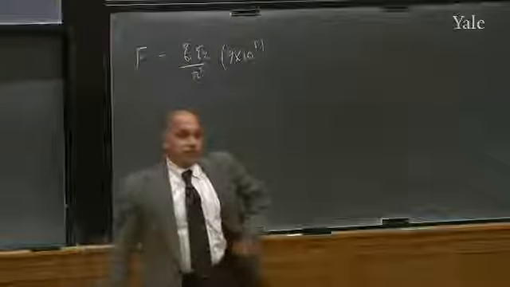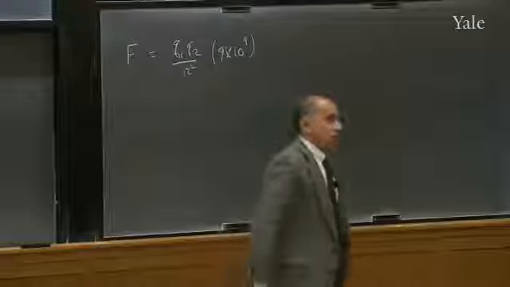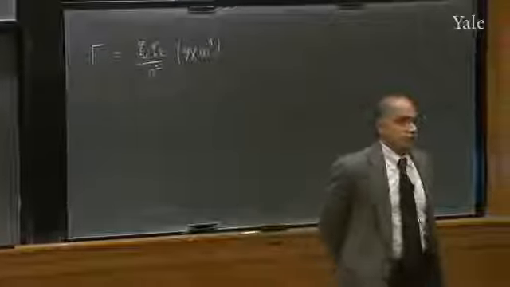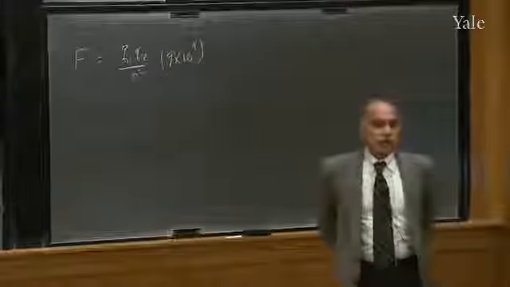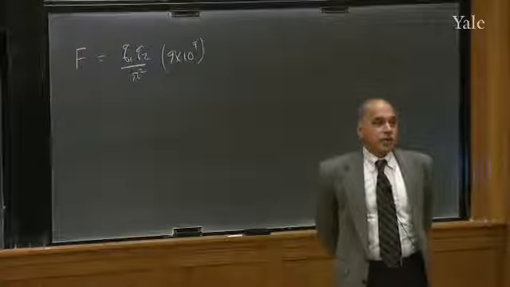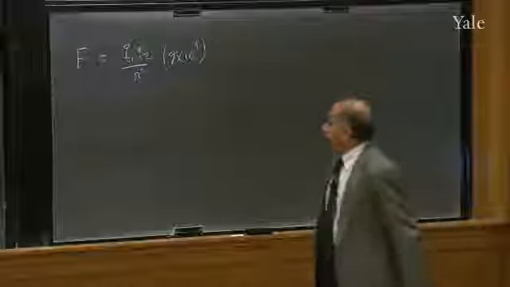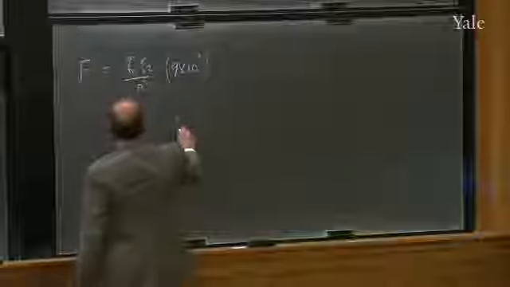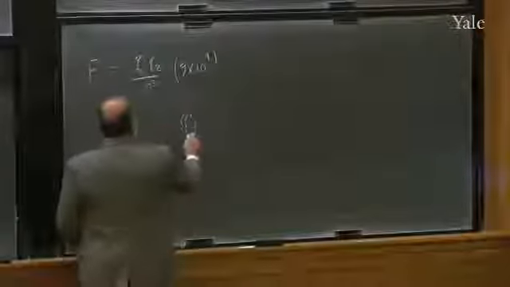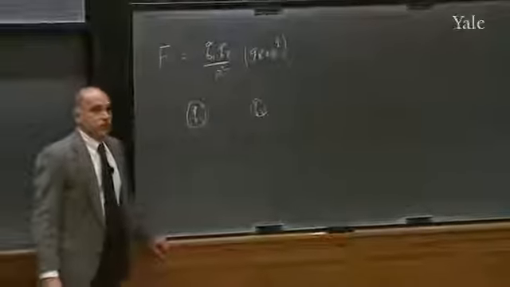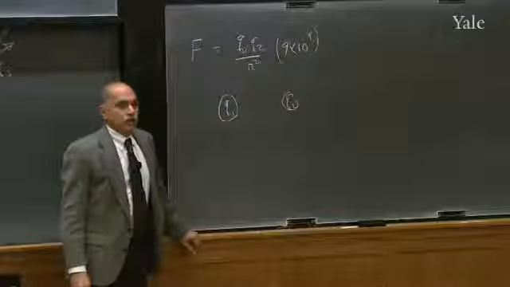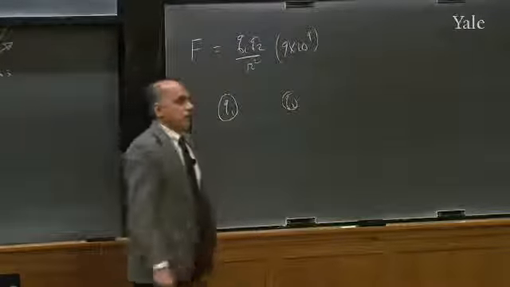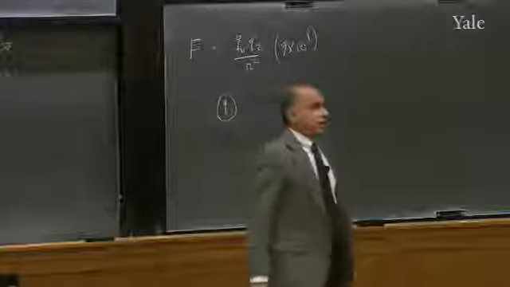Let me ask an easier question. How will you know it goes like 1 over R squared? Yep. Vary the distance between them and show that the force falls off. Well, you're right that if you vary the distance between them and show the force falls like that, but how do you know what the force is? Yes? What was your plan?